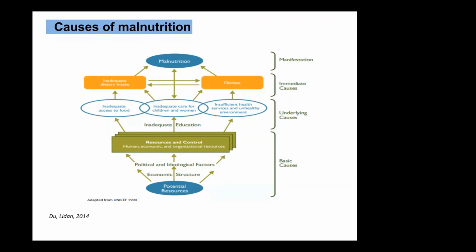And the discussion about the dietary diversity comes in the second part. But before that, they don't have any food to eat. In terms of undernutrition, that's the inadequate access to food, but also the access to food that is very high in sugar and salt and fat content, if we talk about overnutrition. So this is one of the underlying causes.